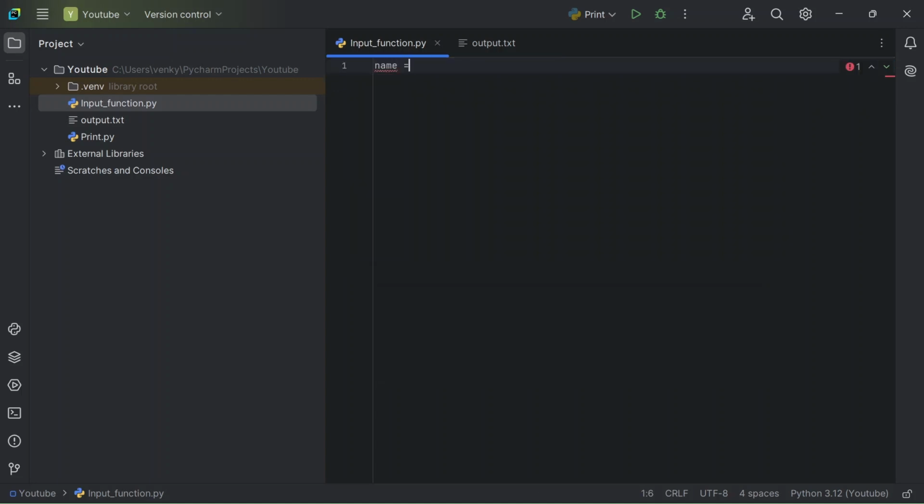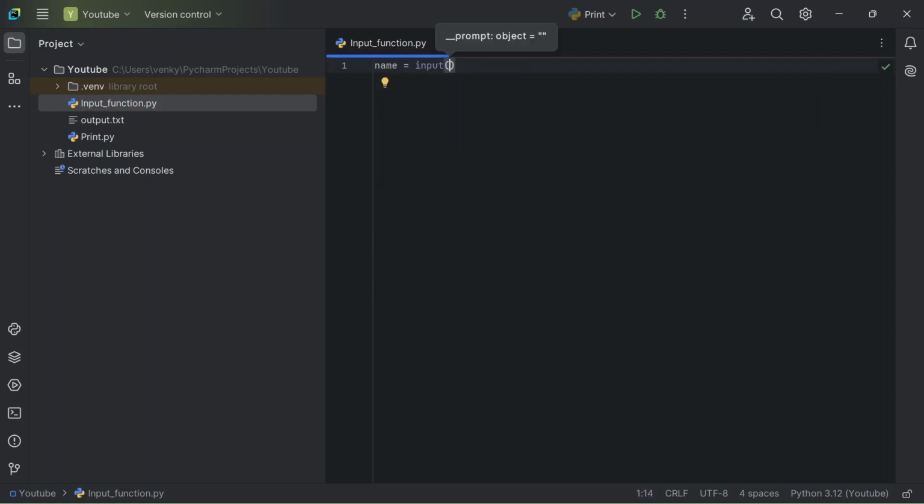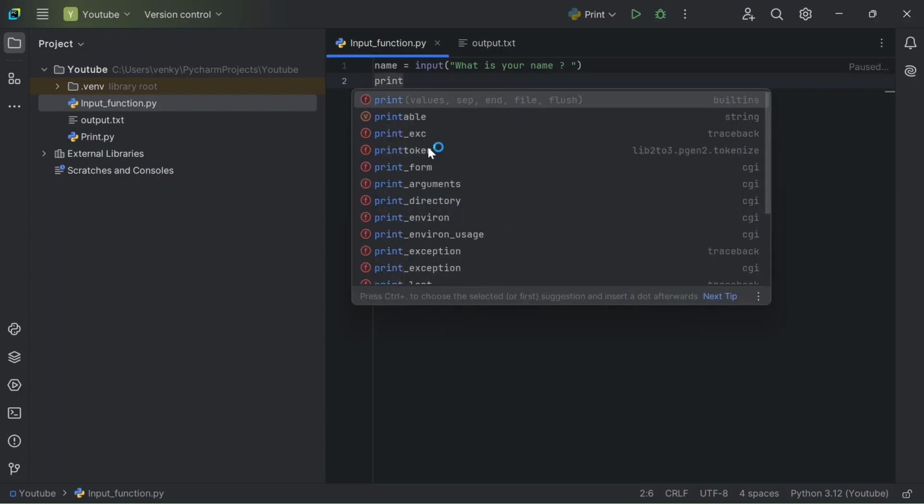I will store input in name and I will ask the user to enter what is the name of the user. So what is your name, so that the user can understand what input we need. So I will take it and I will print it as